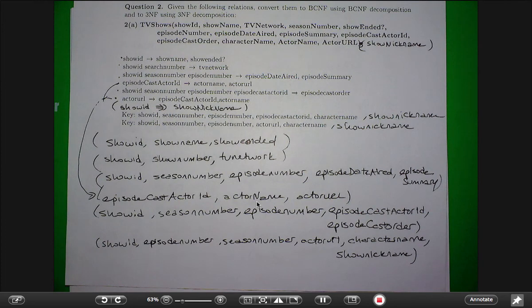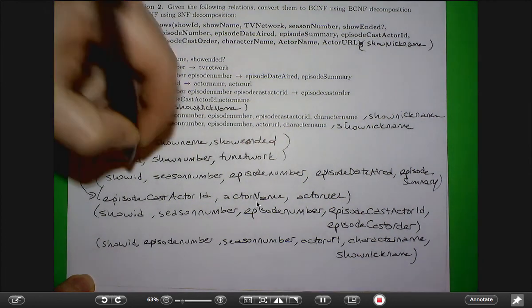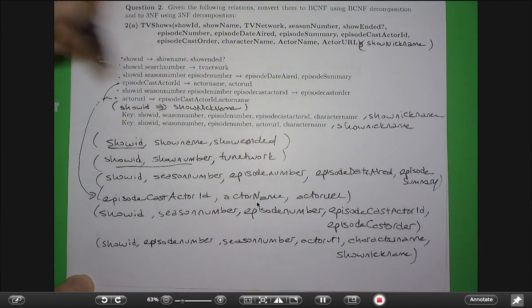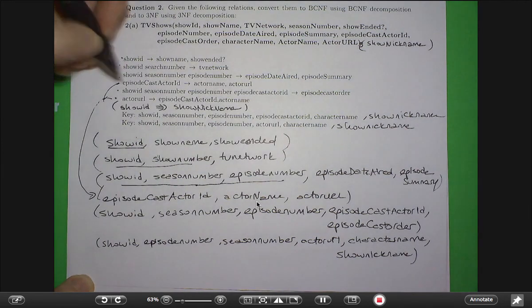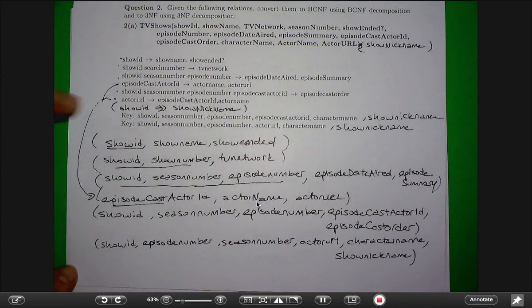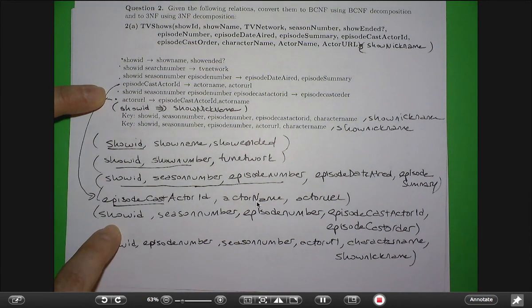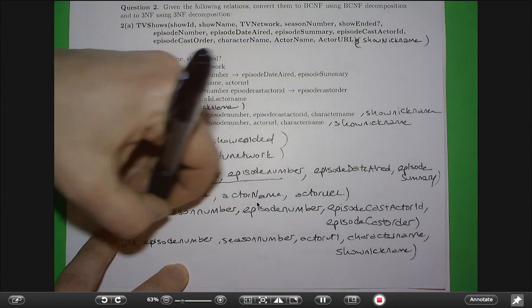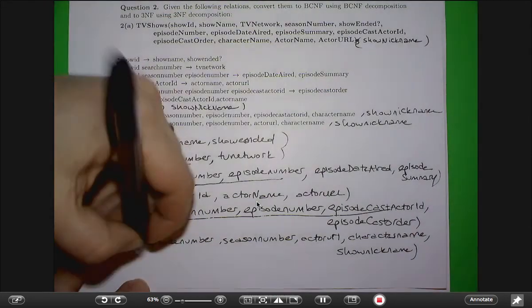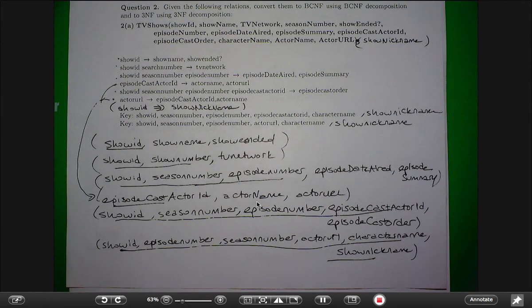So if you did the same thing, you will find that this one's key is show ID, this one key is show number, this one key is the first three, this one key is episode cast ID or actor URL. This one is the first four. And this one is, in fact, all of them. So all these relations are guaranteed to be in third normal form. This is dependency preserving. And in fact, in this case, they are all in Boyce-Codd normal form as well,